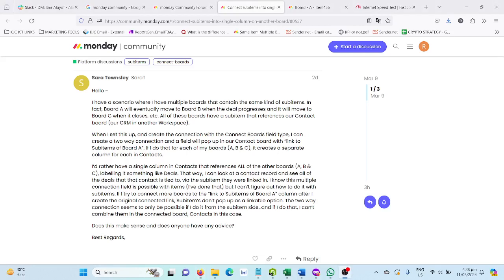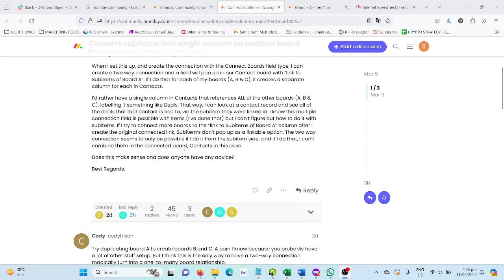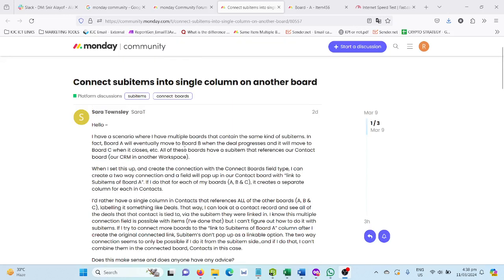I'm from Formula Lookout, and in today's video we're going to go through a community post by one of the Monday users, and it's entitled "connecting sub-items into a single column on another board." To be honest, the post subject doesn't say much, so we have to go through the details. From here, it says that they have a scenario wherein they have multiple boards that